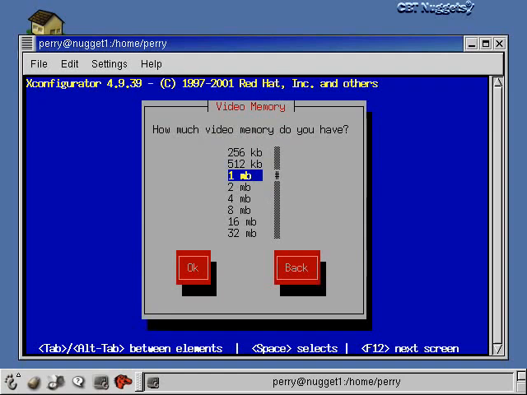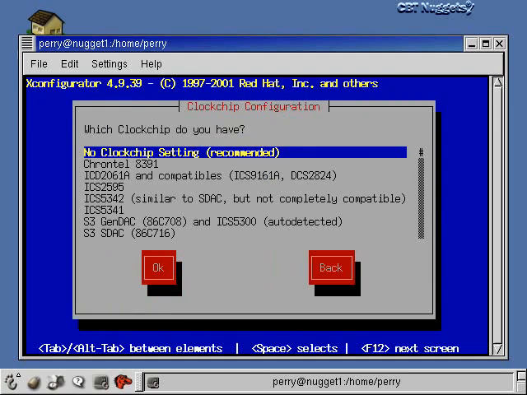So then it's going to ask me to manually enter some of this information. I'm going to say OK. It says don't choose